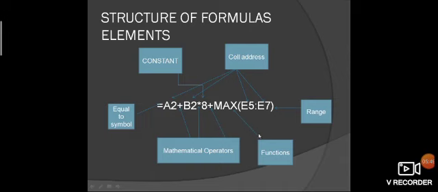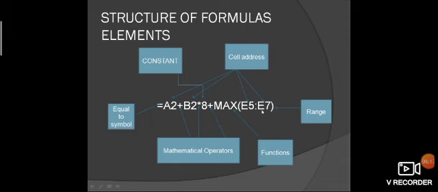Max is a function which is used to find the maximum number in a range. Range E5 colon E7 is the range, meaning from E5 to E7 we have to find the maximum number.